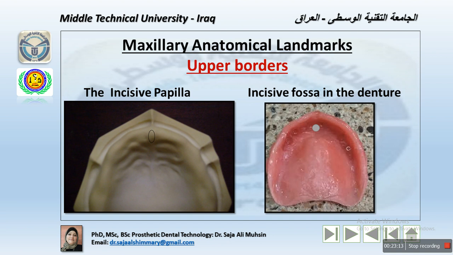Many patients suffer from losing the sensation within the anterior part of their lips after a while of wearing dentures, and that's because of one of the most common mistakes in preparing complete dentures: not relieving this area, which leads to pressure of the incisive papilla over this area and cuts the nerve supply to the anterior part of the mouth, leading to numbness